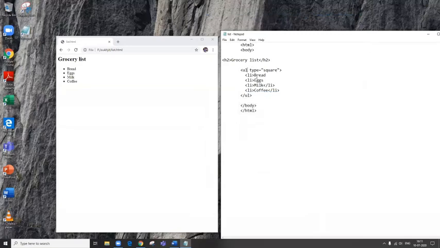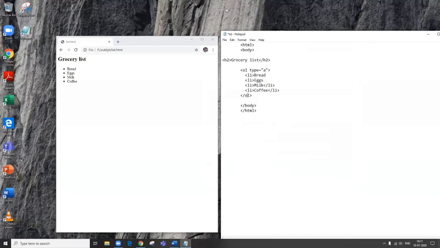Let us change my tag to OL because I want my ordered list to be displayed here. Let me change my type to a because I want the small case letters to be used as my numbering.